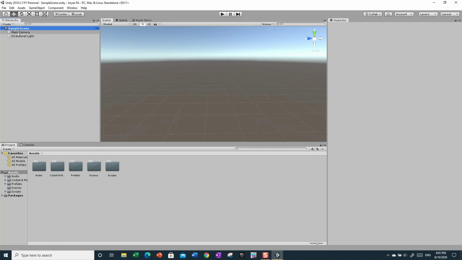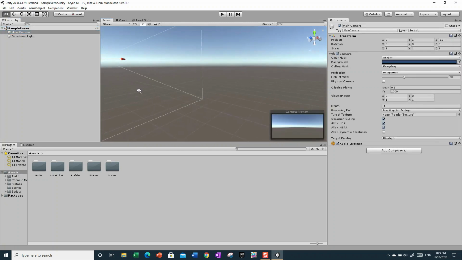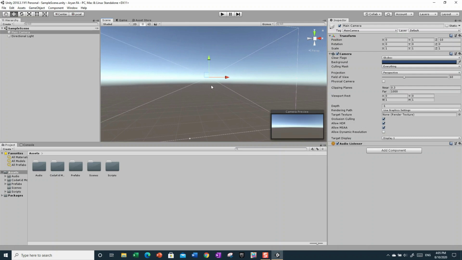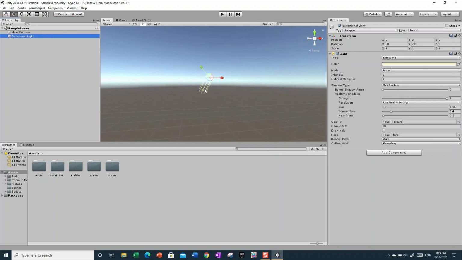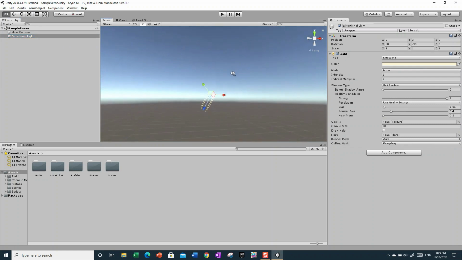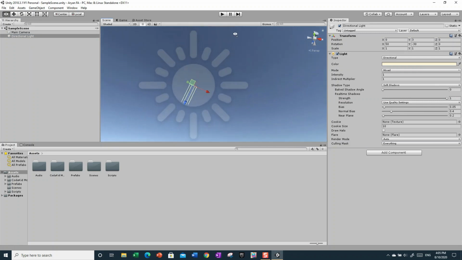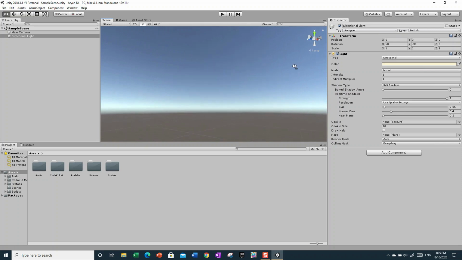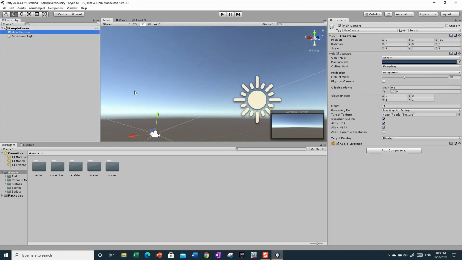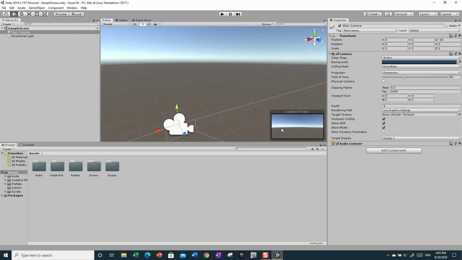The Main Camera will bring you to the camera, as you could see where we spawned before. It will show you a way to get there, that's the closest way to get there. And Directional Light is the sun, as you can see. So if I go up to there, you would see the camera and the sun, the Directional Light right there, and the Main Camera is right there,